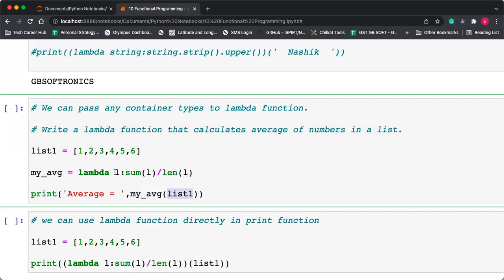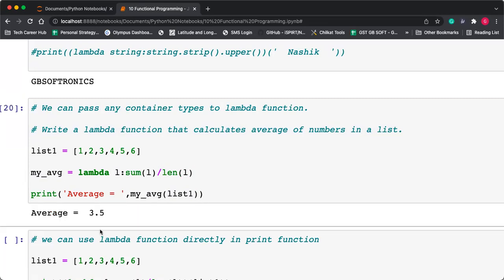Sum of list one divided by length of list one will calculate the average. Yes, the average is 3.5.